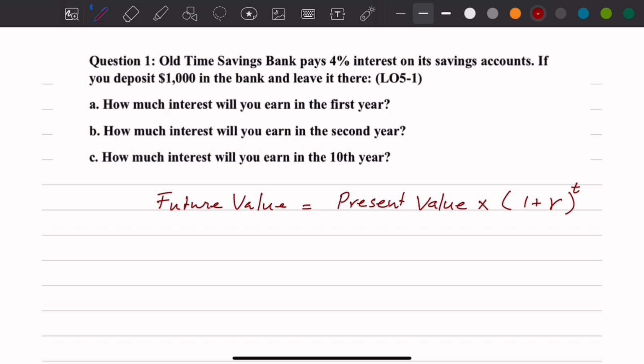As I mentioned in the lecture, typically most books use n, but our book for this course uses t, so we're going to go with that. All right? Okay. So for part A,